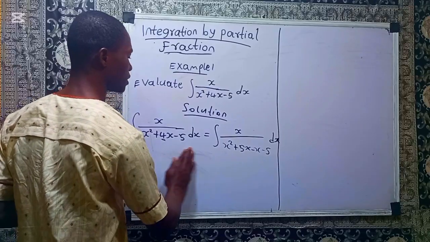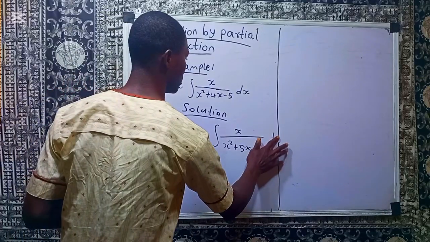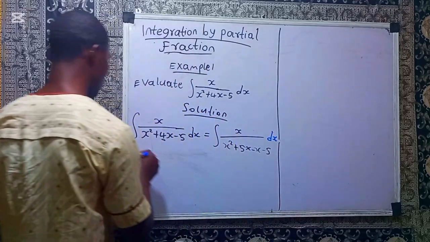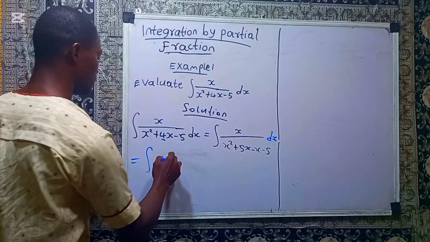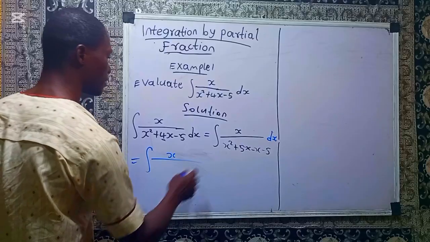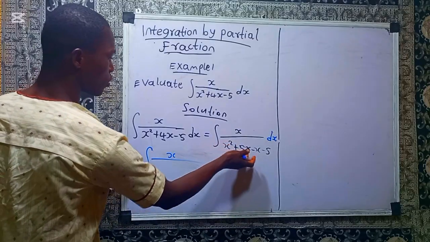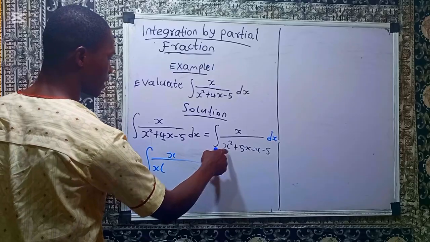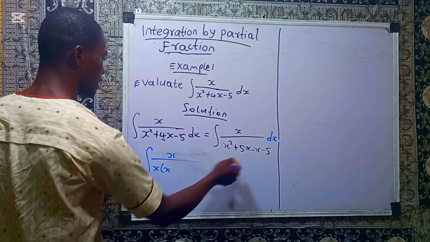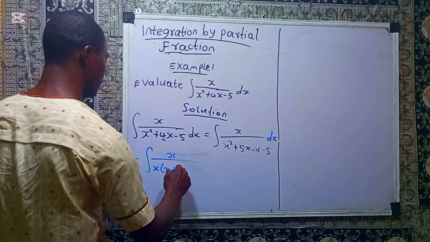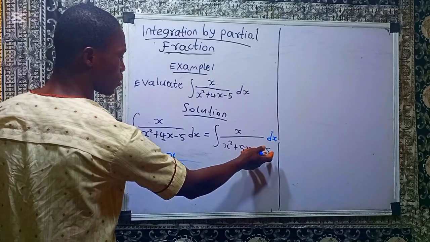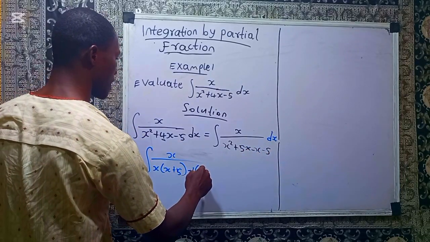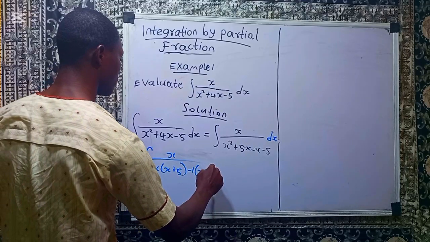So that's what we now have, dx. So you can do the simplification further. This is x divided by, what is common here? x is common. Then x divided by x squared, we have x. x divided by the positive 5x, we have 5. Then what is common here is negative 1. So I can factor that negative. Then I have x plus 5